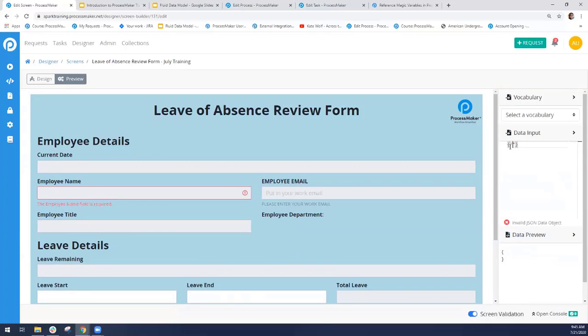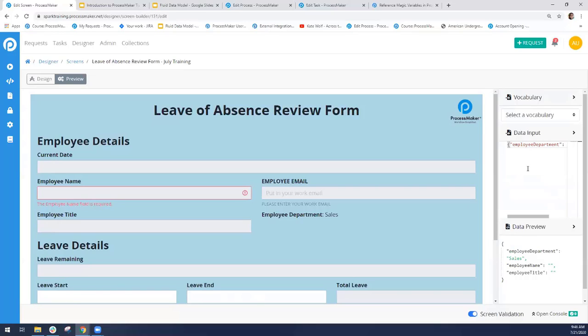So I'm going to enter the employee department, which is the name of the variable that stores that from the request form. And then I'm going to put in the value I want to see, which might be sales. And then we can see here when we test it out that sales value is actually input there. So we just need to enter the variable names and the values that we need to use in a JSON object. So again, that's why I wanted to point out to you